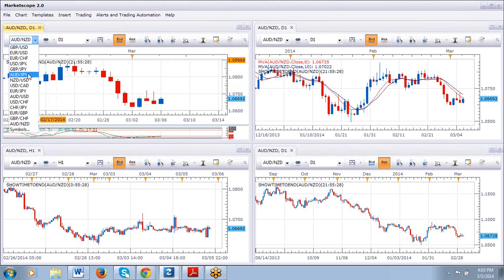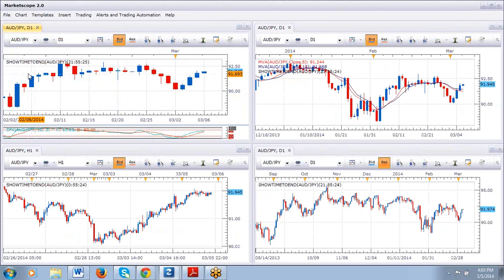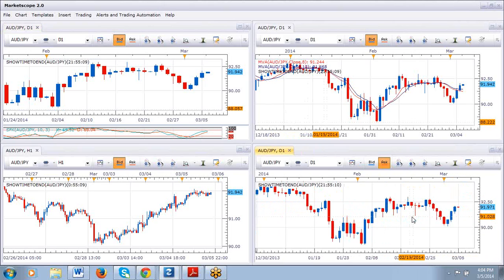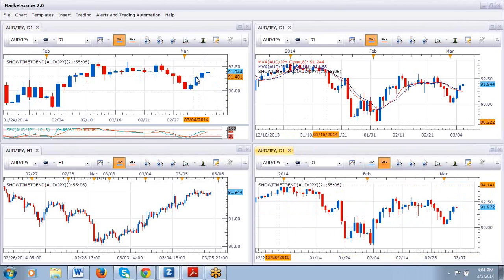The better ones actually are the Aussie against the Japanese yen because, of course, as you would know, Japan is currently ticking right at this point in time, and the US, I know it's closed, so you might have a better idea in terms of the bulls or the bears from comparing. Also in terms of the movement, you might probably get better movement from there.